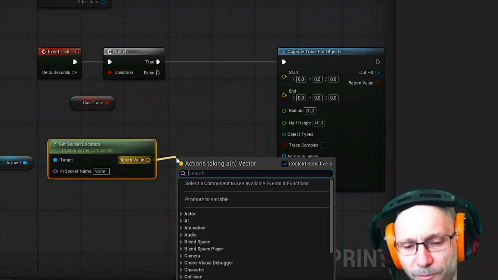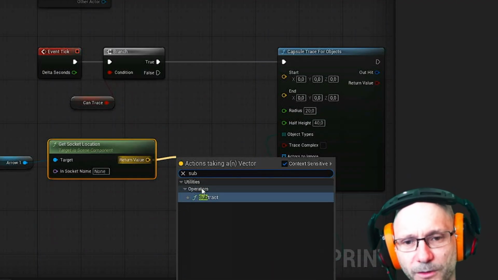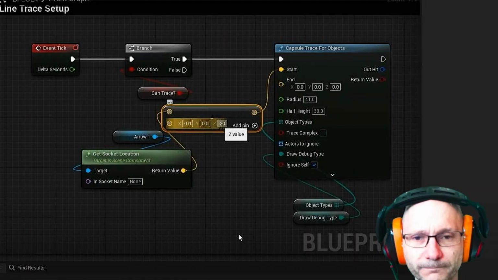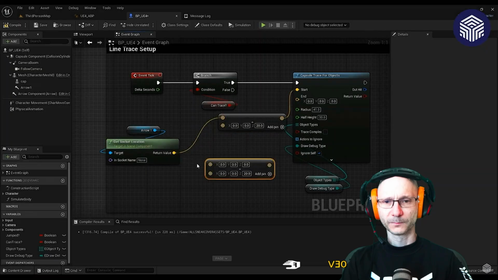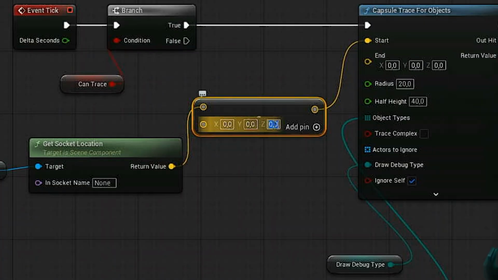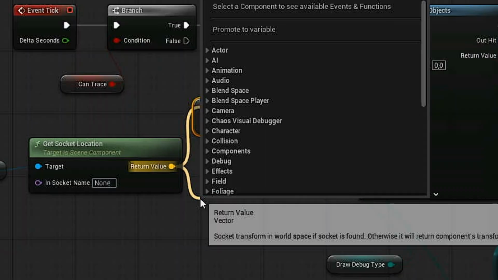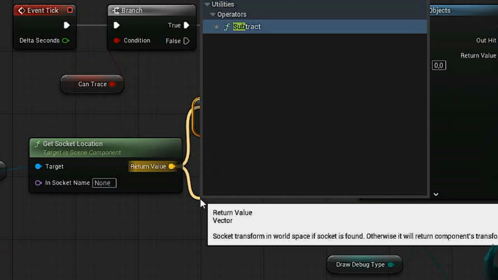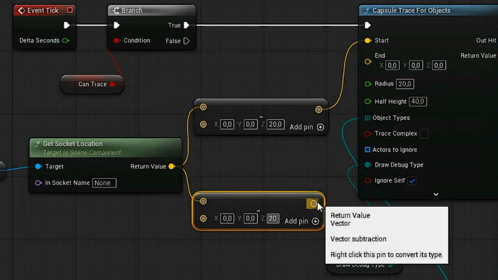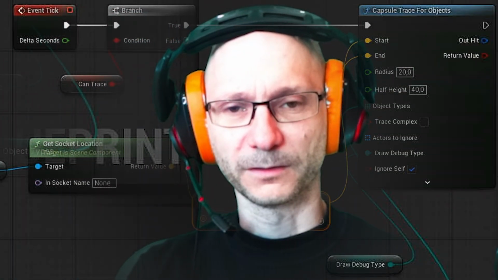Let's drag off from here. Subtract, okay, subtract. Yeah, this is the big one. And connecting this to the start, right? I think it's just subtract. One more. Okay, I'm just going to follow this one because maybe later I'm going to need this. Maybe not, I don't know. Use subtract. Okay, that's to the end, right?